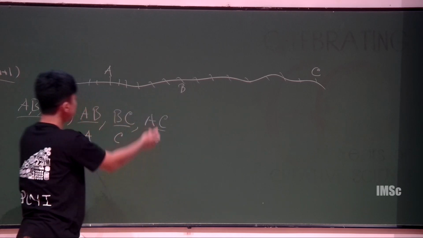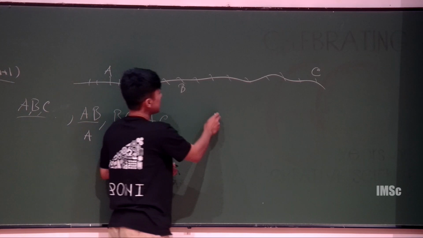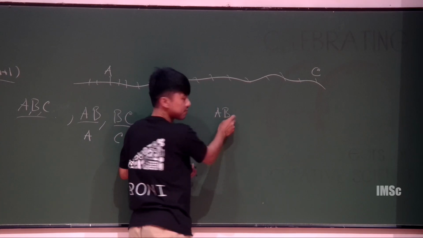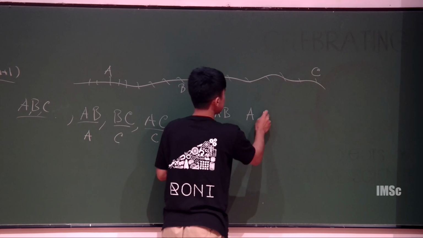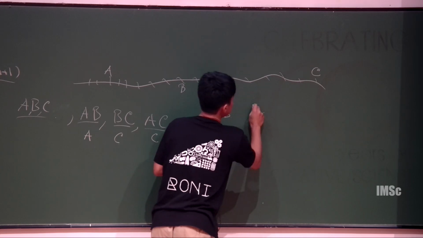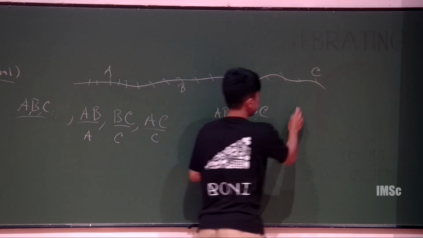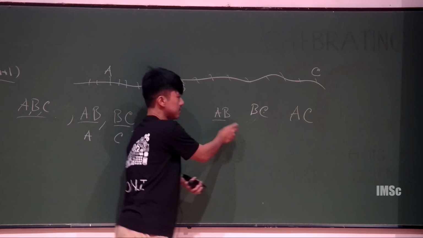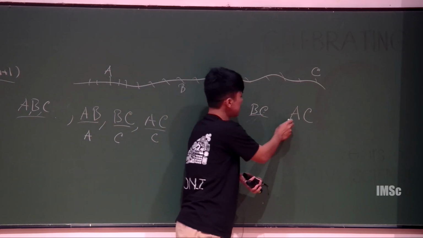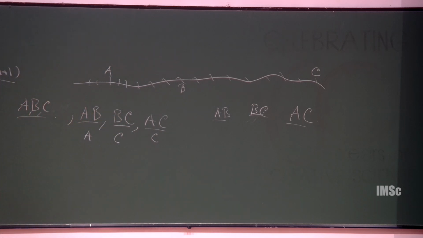So let's say this thing folds, such that A and B will come together first, and then A and C will come together, B and C will come together, and then A and C will come together. This will happen first, this will happen after, this will happen at the end. So now what I am asking you to do is,